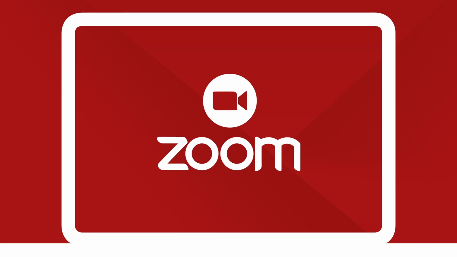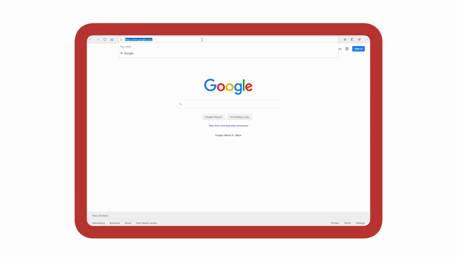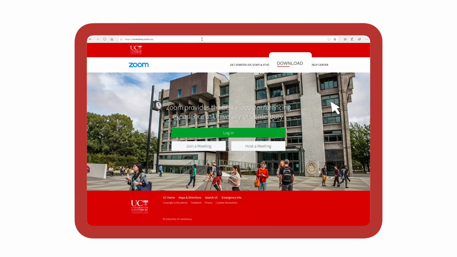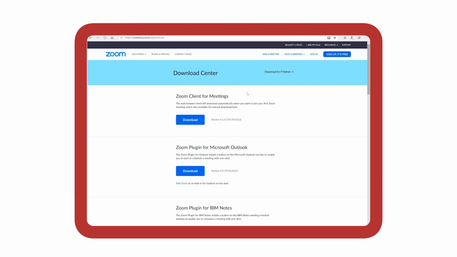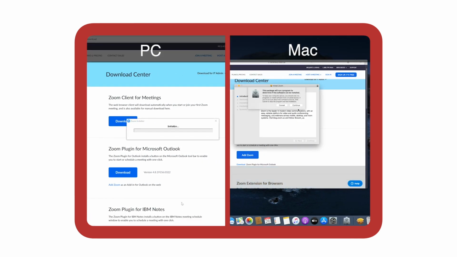If this is your first time using Zoom, you will need to download the Zoom desktop client. This can be done by going to canterbury.zoom.us and clicking on the download button. This will take you to the Zoom Download Center, where you can download the Zoom client for meetings. Whether you're on a PC or a Mac, simply follow the on-screen prompts that will guide you to quickly install